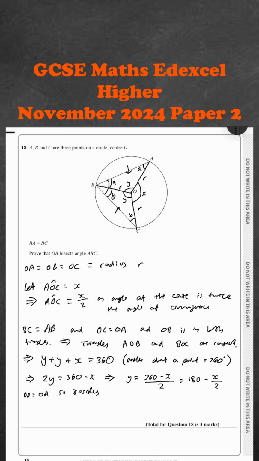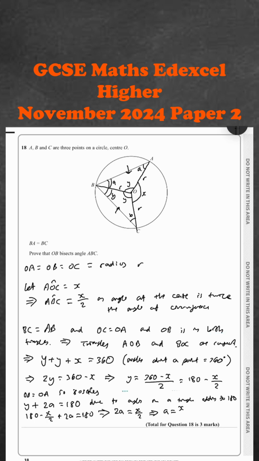Therefore, y plus 2a equals 180, due to angles in a triangle adding to 180. Now we'll just replace y with what we had earlier, so 180 minus x over 2 plus 2a equals 180. We can rearrange this to say 2a equals x over 2, therefore a equals x over 4,